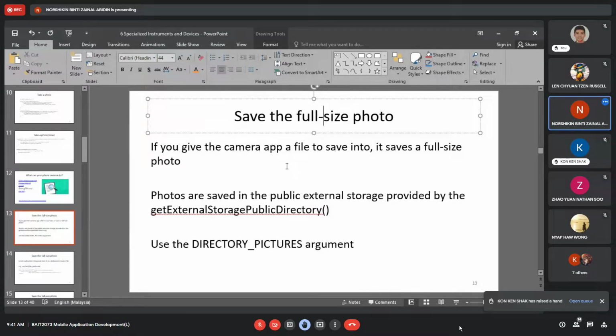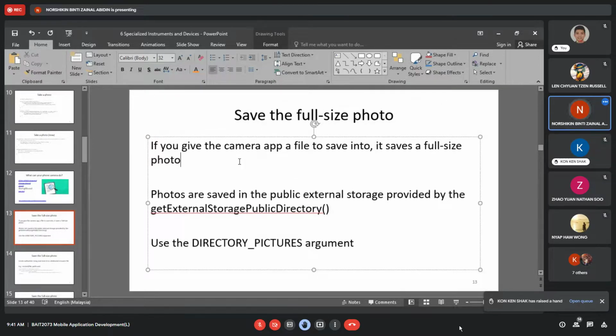So here, the first point: if you give the camera app a file to save into, it saves the photo. That means our camera application will store all the photos that they take into a file, so they will save a full size photo.